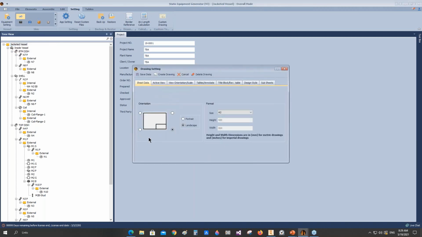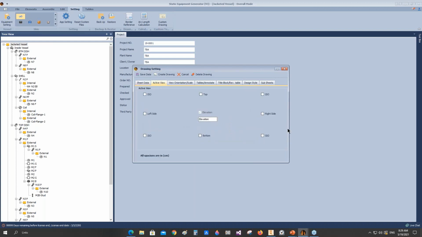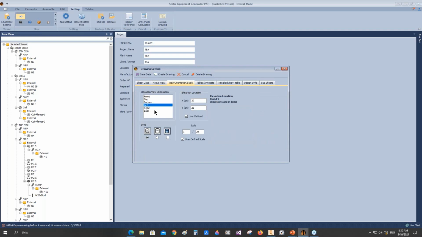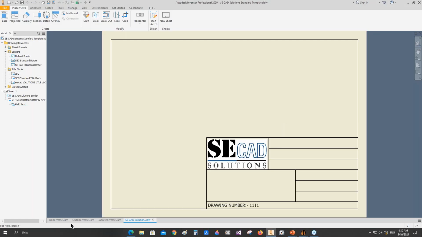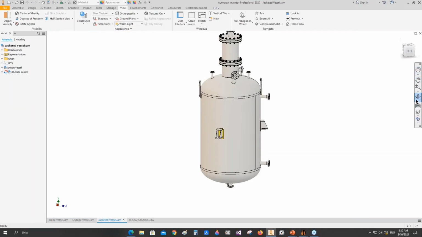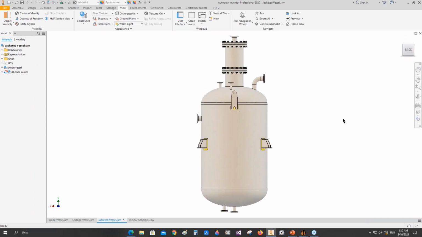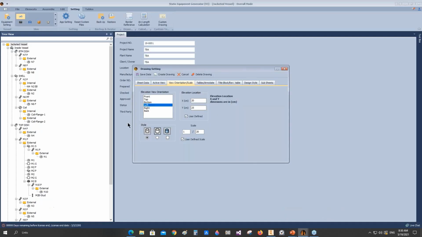Let's click on Create Drawing, and from here we will select the size of the drawing, and let's select one view only, which is the elevation view, and let's look at this one from the back view here. So that will be the elevation view. So let's hit back and make it with hidden lines. Define the scale, the location,